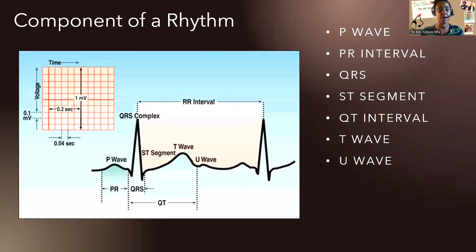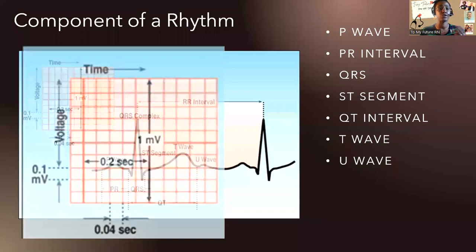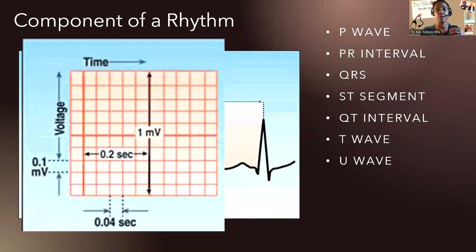Okay, now let's look at the different components of a rhythm. But before we do that, we're going to take a look at the tracing paper that you read a rhythm on, and that's important. ECG tracings are read on EKG paper, which helps you measure your rhythm by using time and distance. It's measured in millimeters and milliseconds. So knowing the measurement of the large and small boxes is very important. That's key to analyzing your tracing. So the small box is